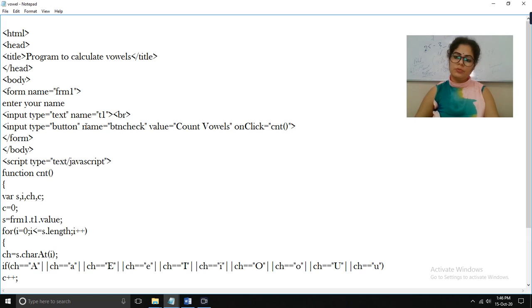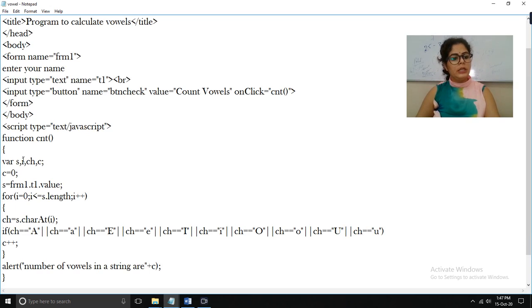Event driven programming means you can make use of any event driven function. So I have used the onclick event. The meaning of the onclick event is what will happen when we click. The meaning of this line, onclick equals CNT, is that it will execute this function, because the name of the function is CNT. Whatever name you give to the function, you have to write exactly the same name here. So it will transfer the call to this part, which is the definition of the function, that is, what the function will perform.